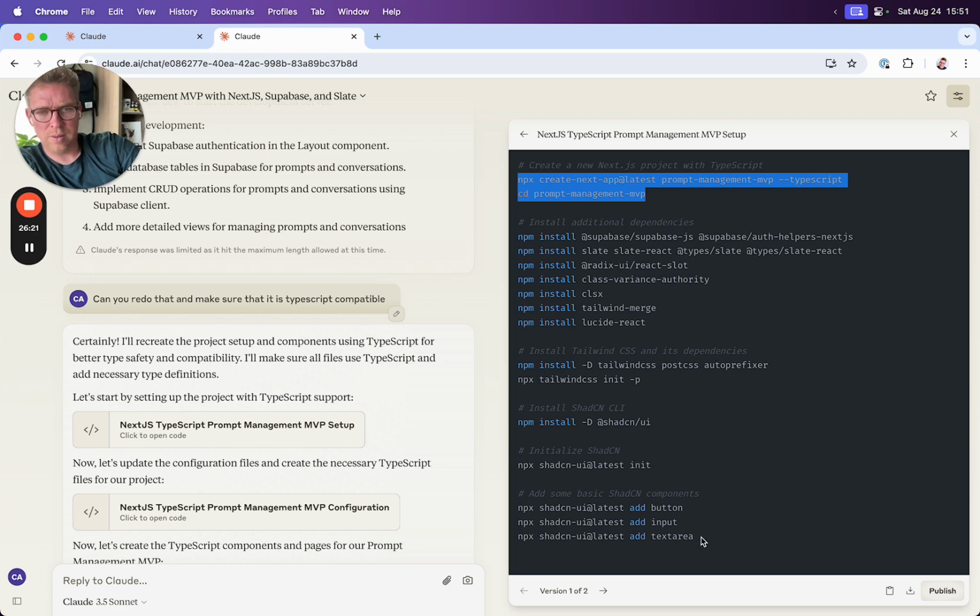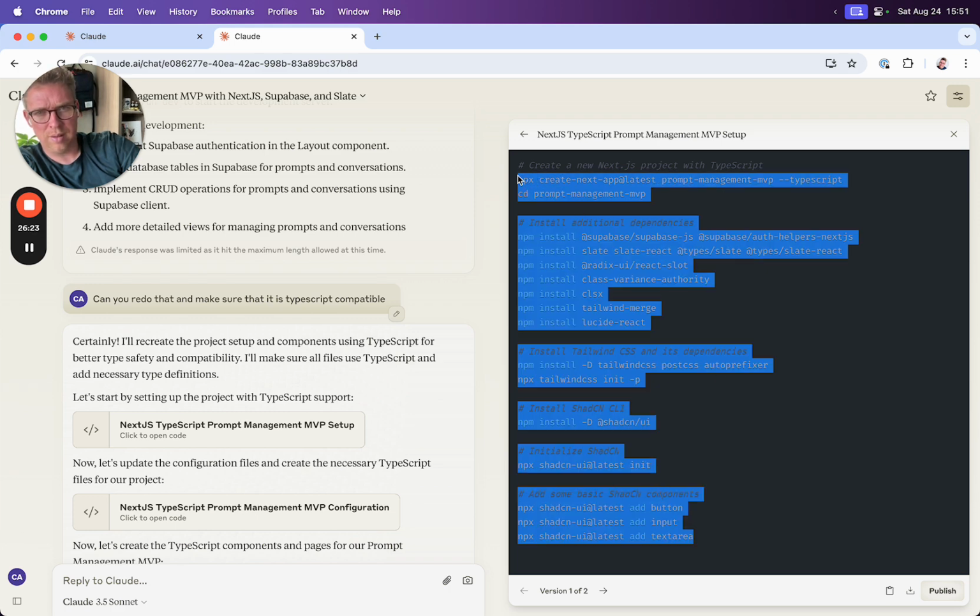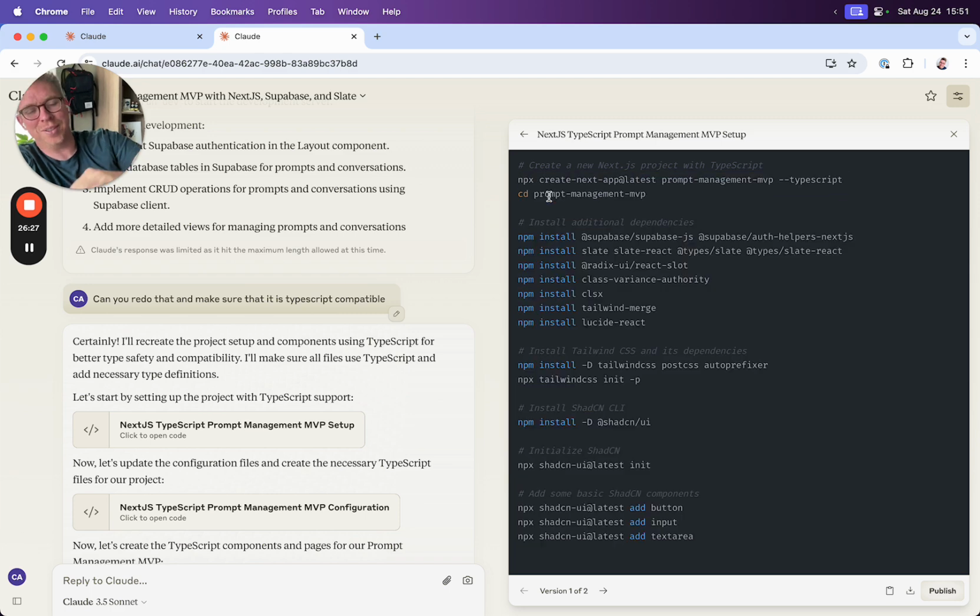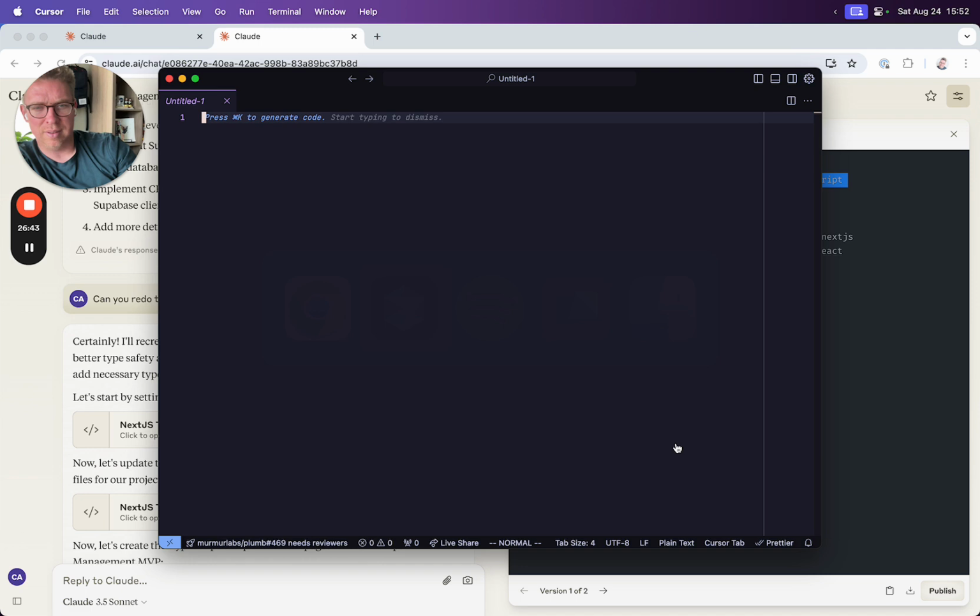these all look okay to me. It's important to not just randomly install stuff when a computer tells you to do it. But in this case, npx is a runner for npm. I know I've used create next app before. This is going to give it the name, and this is going to set it up as a TypeScript application. So what I'm going to do,